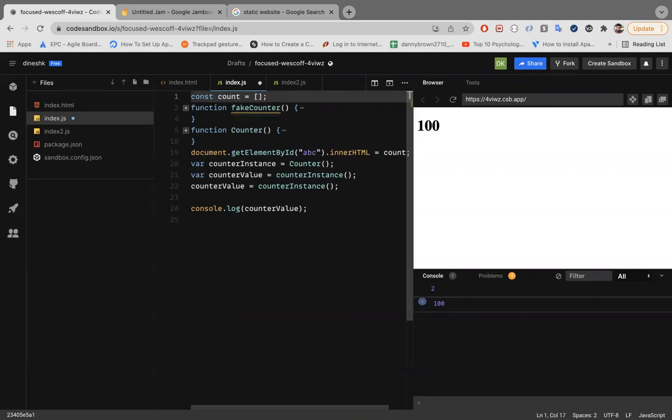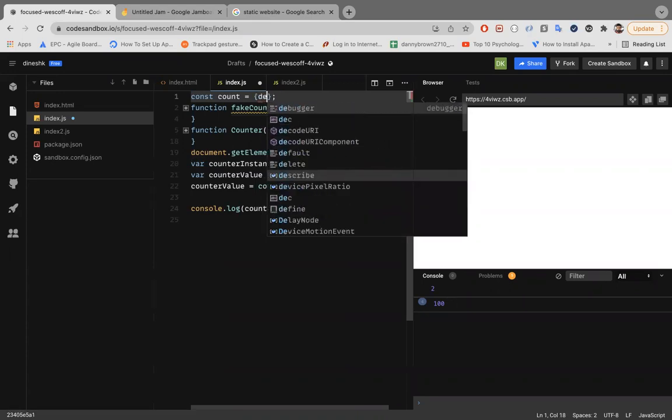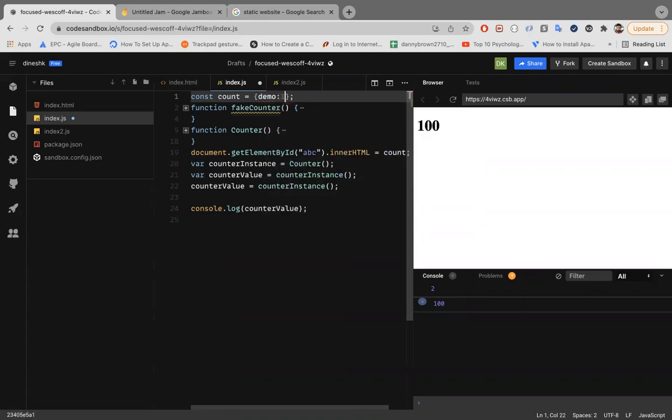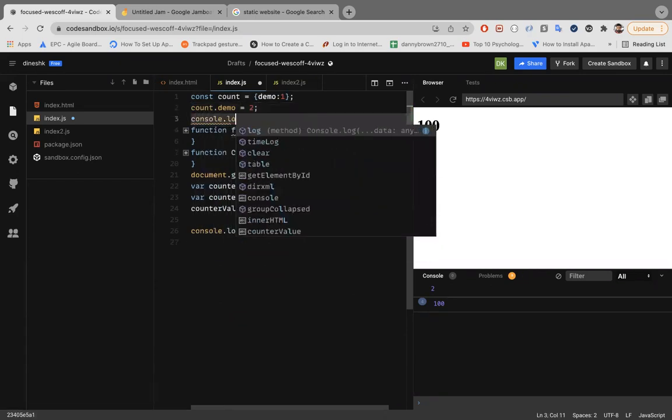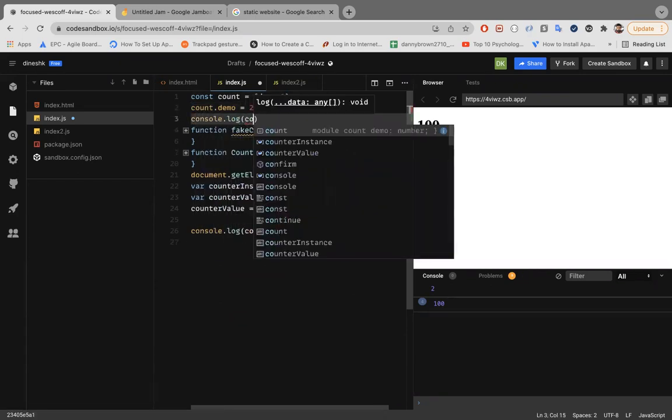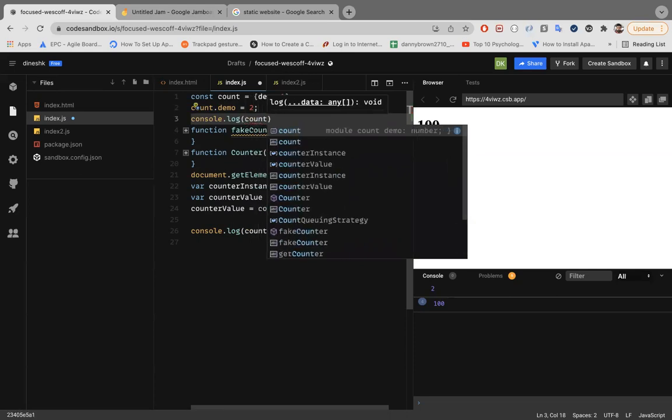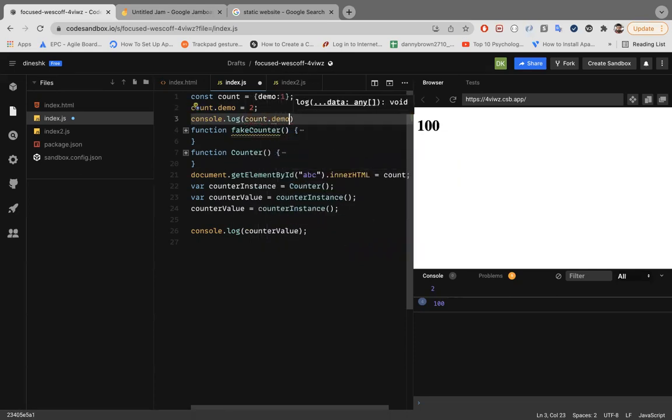और सेकेंडली, ये एक ऑब्जेक्ट टाइप का रेफरेंस नहीं होना चाहिए, विच इज योर एरे और ऑब्जेक्ट। ठीक है, अगर एरे ऑफ ऑब्जेक्ट है और इसके अंदर कोई की वैल्यू पेयर है तो वो चेंज हो सकता है। अगर मैं यहाँ से एक की कोई यूज कर रहा हूँ, मैं काउंट के अंदर की को चेंज कर सकता हूँ। मैं उसका रेफरेंस चेंज नहीं कर सकता। तो अगर अभी मैं कंसोल डॉट लॉग काउंट करूंगा, तो इसके अंदर की अगर मैं डेमो वैल्यू यूज कर रहा हूं तो दैट कैन बी री रिटर्न।